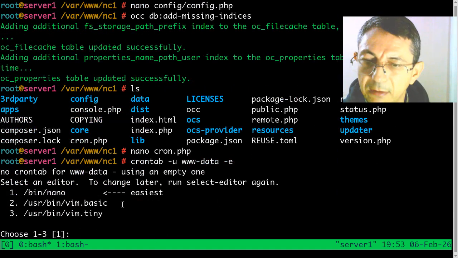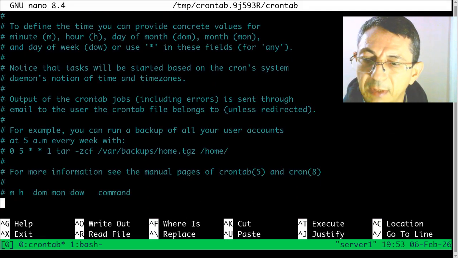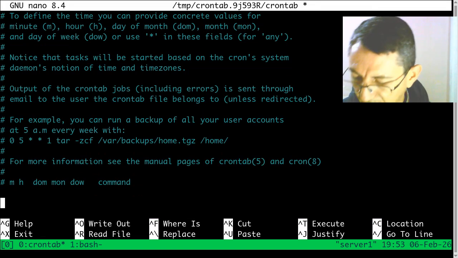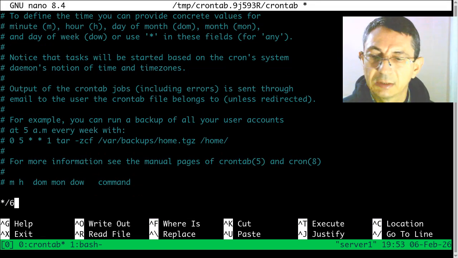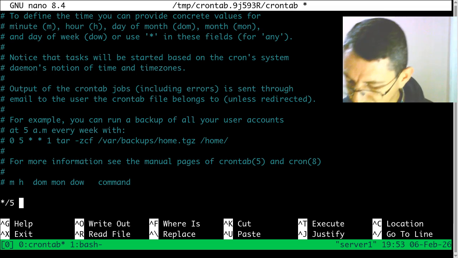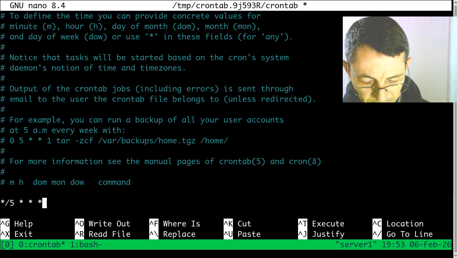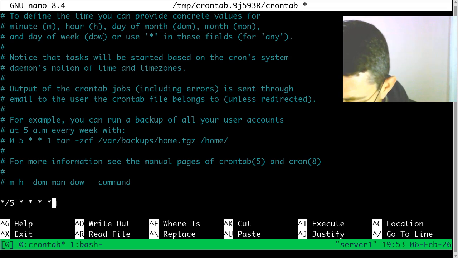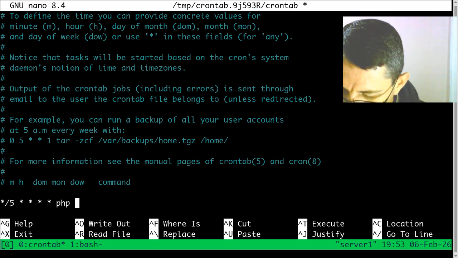Yes, press enter. And now I can add something. I can add a new line here: */5, then star, and then PHP